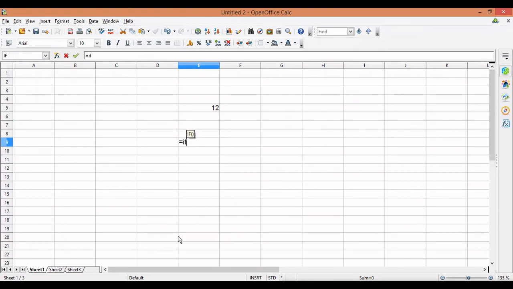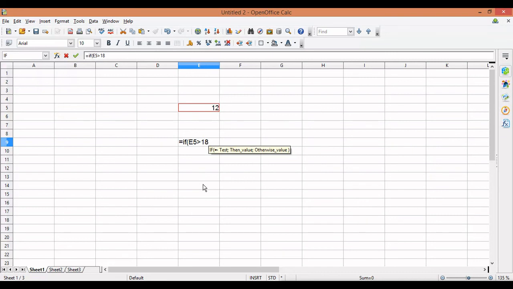If this address, what is the address? It is E5. If E5 is greater than 18, this is the test condition I have used. For writing a test condition, you can use any conditional operator like greater than, greater than or equal to, less than, less than or equal to, and not equal to.